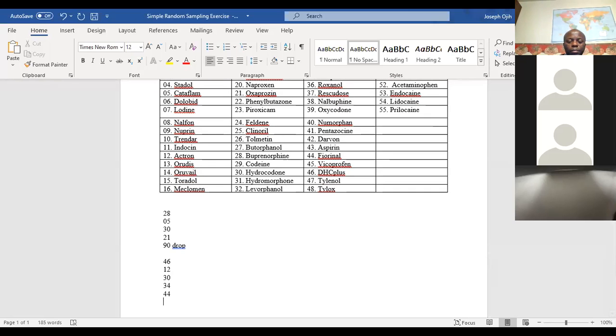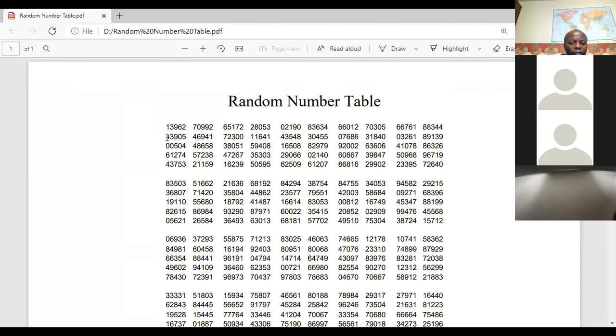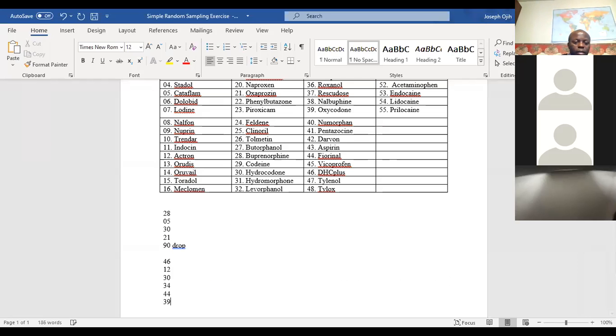Next number will be after 44. Let me share it. We have 39. Okay, we have 39. Let's put 39 right there. Go to our chart. 39. How many numbers do we have so far? 1, 2, 3, 4, 5, 6, 7, 8, 9, 10. So we have 5 numbers left. Let me continue that number on this side. So the next number we need is, okay, you know what? To save time, let's say that it is 10 numbers we want.